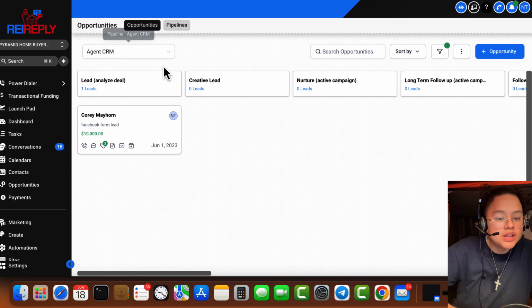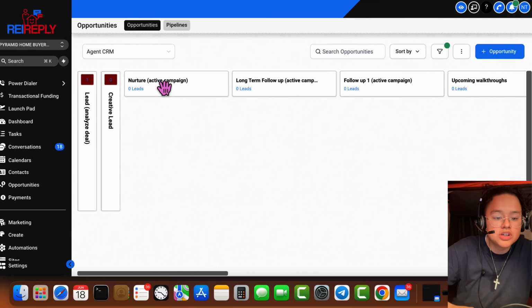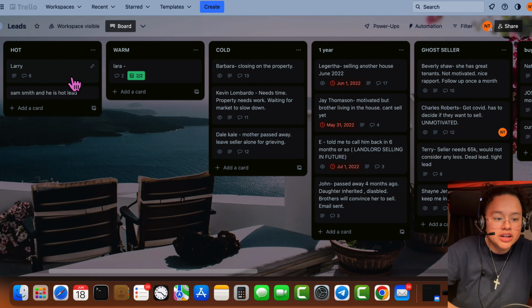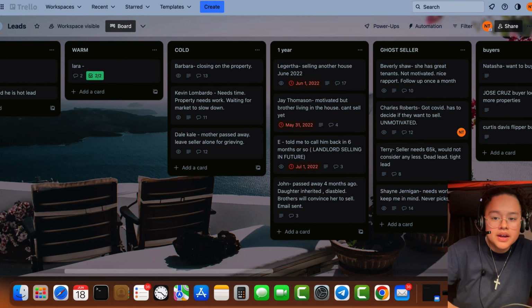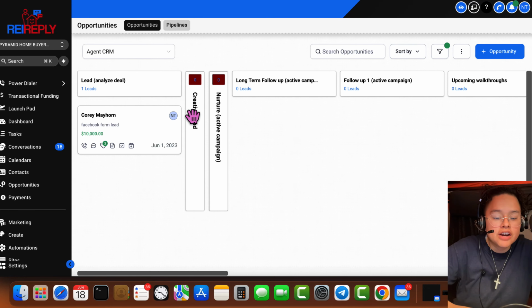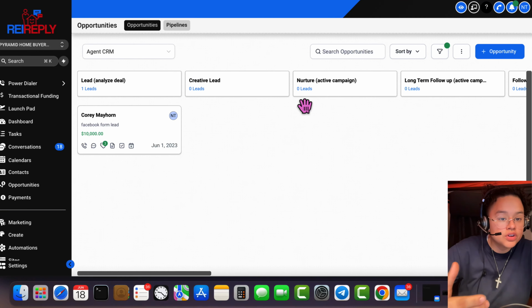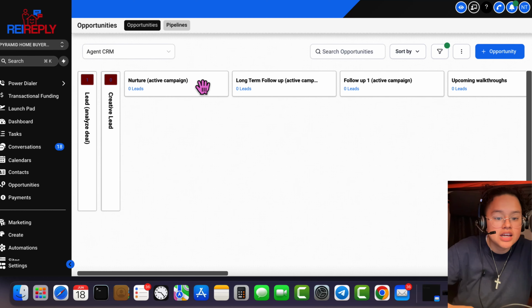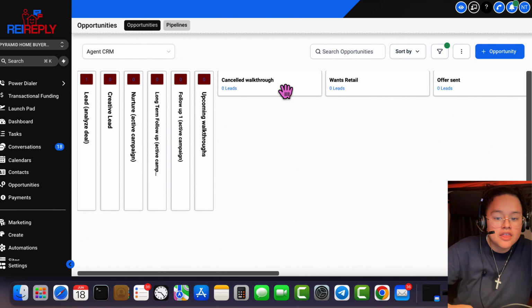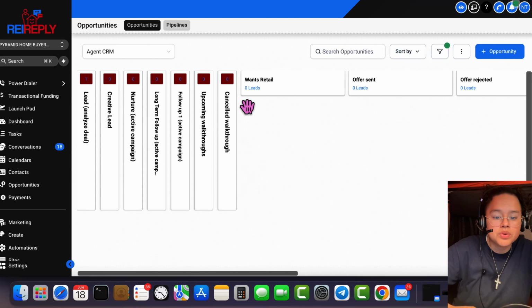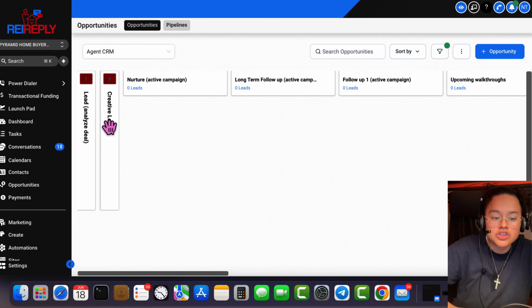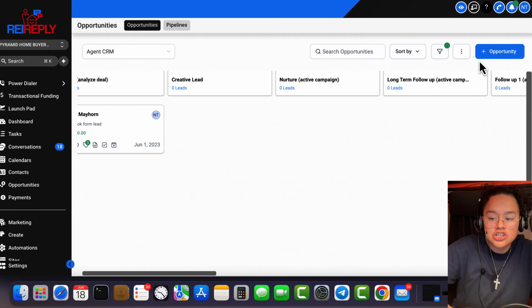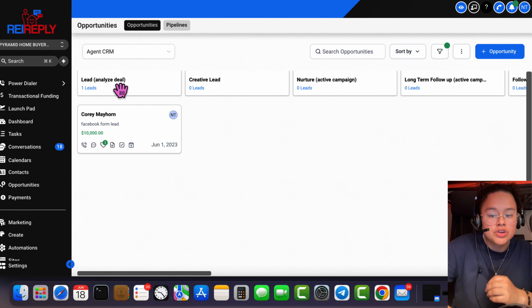And as we open agent CRM, you can see it's kind of like Trello, right? You got your different sections, right? A follow-up. But the cool thing is that in Reireply, you can actually create workflows and automations behind these cards that help you follow up with agents. You can go to your contacts, right, and send a campaign to people in certain stages here. So I'm going to show you how to set this up, but before I do,